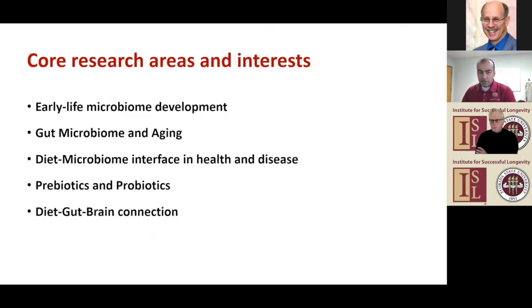My research is currently focused mainly on how the early life microbiome is developed. What is our microbiome when we come to this world, when we are born, and how early life factors like mode of birth and mode of feeding shape our microbiome during the first 1 to 3 years of life. In addition, I'm focusing on how our microbiome is altered when we become very old, like 65, 70 plus, how in people who are aging, who have senescence going on, the microbiome is involved in that, and whether and how we can ameliorate those aging-associated microbiome signatures to improve aging, to promote healthy aging and longevity.